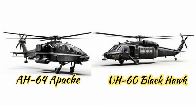AH-64 Apache. Primary role. The Apache is a dedicated attack helicopter designed specifically for close air support (CAS), anti-tank warfare, and precision strike missions. Its mission is to seek out and destroy enemy targets, especially armored vehicles, helicopters, and fortified